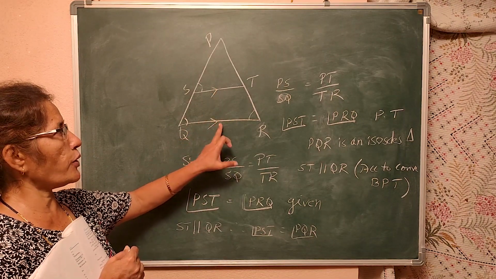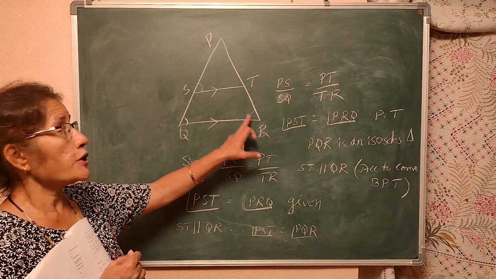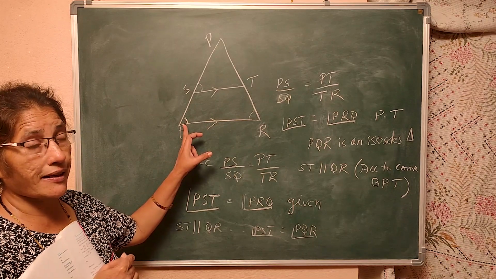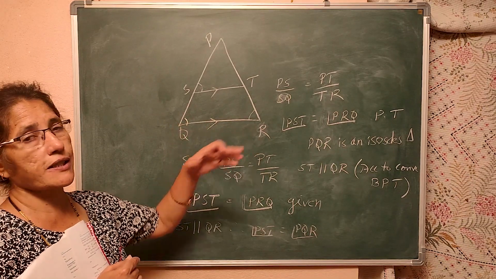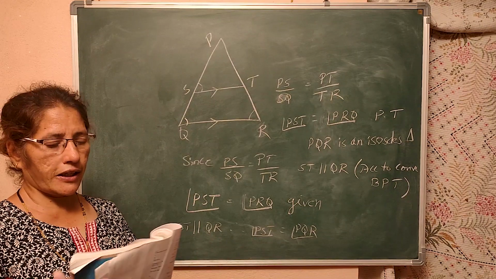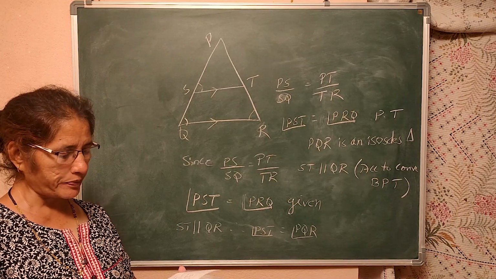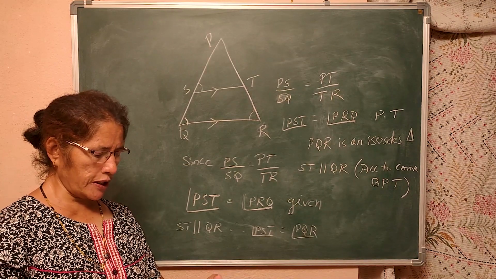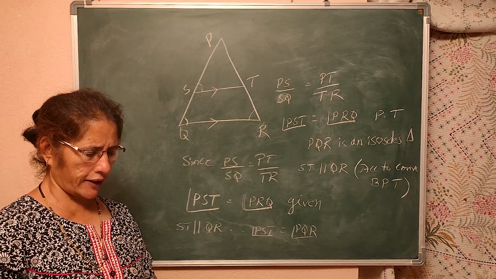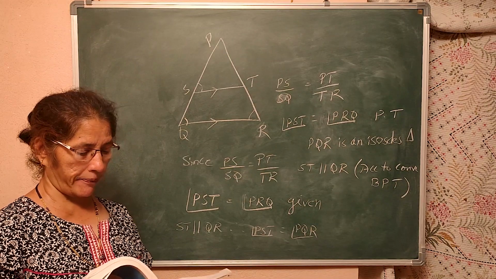ST is parallel to QR, therefore these two angles are equal, but they have given these two angles are equal. So, this is equal to this is equal to this. All the three angles are equal. So, this is equal to this, therefore it is an isosceles triangle. Now, let me work out some of the problems in the exercise. 6.2, first question, second question they have given, and it is very easy. You can work out. Now, from third I will try to work out some.